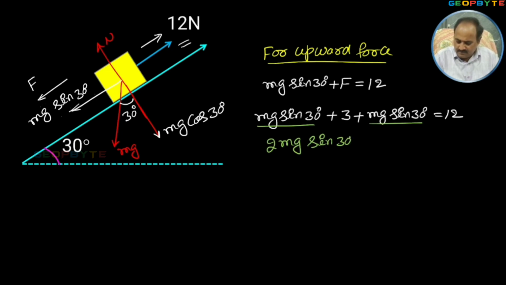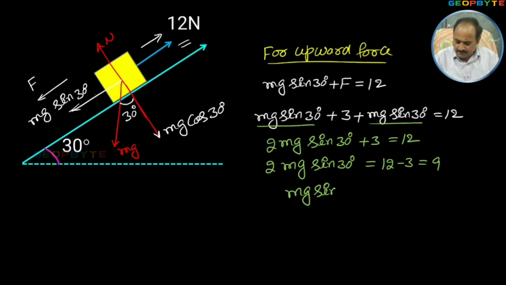2 mg sin 30 plus 3 equal to 12. 2 mg sin 30 is equal to 12 minus 3 equal to 9, or mg sin 30 equal to 9 by 2. Okay. Now let us write the